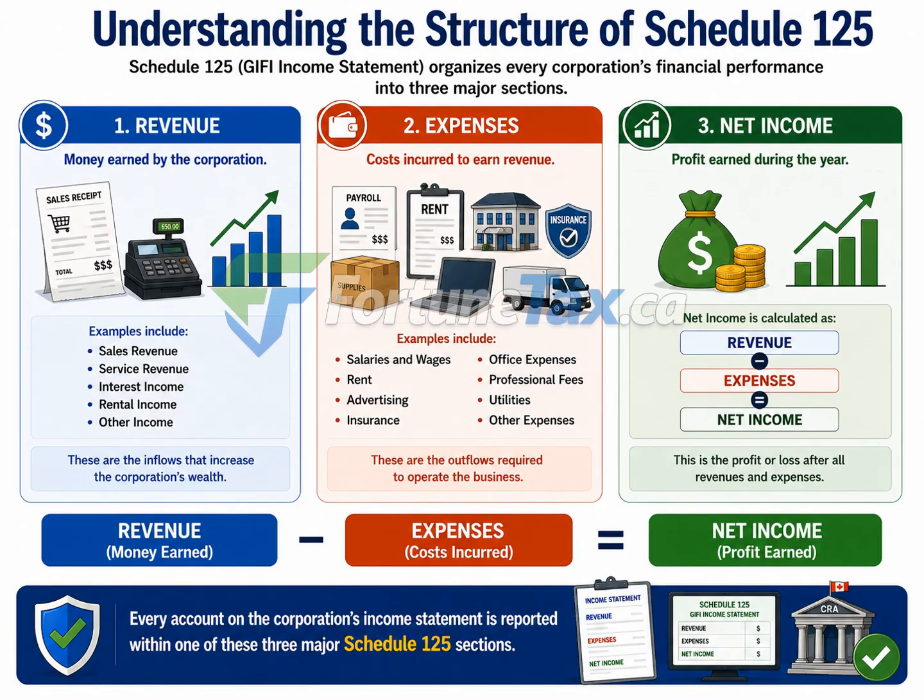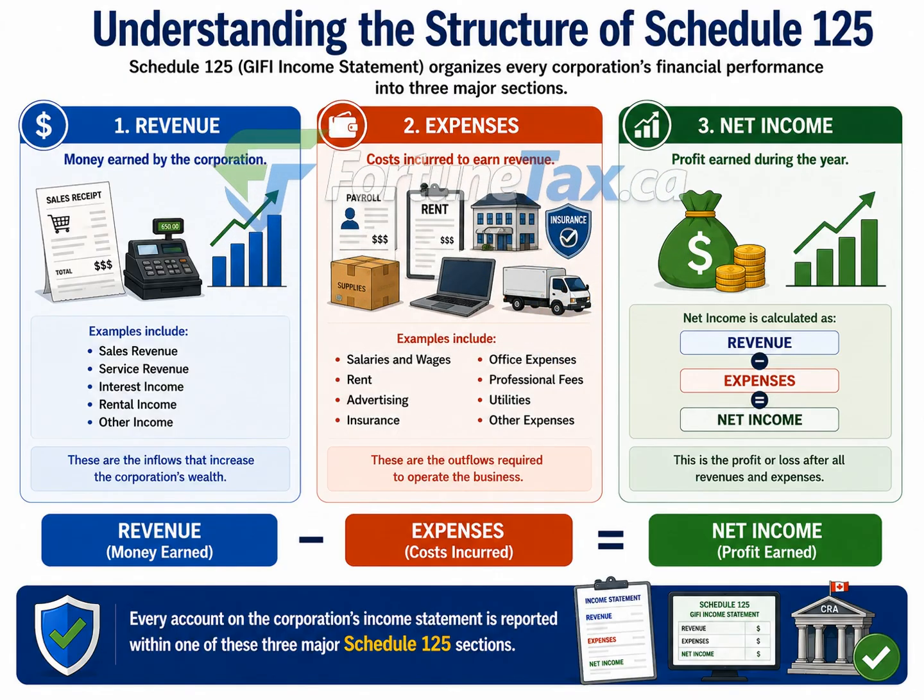Once all revenues and expenses have been recorded, the corporation calculates its net income. Net income is determined by subtracting total expenses from total revenue. If revenue exceeds expenses, the corporation reports a profit. If expenses exceed revenue, the corporation reports a net loss for the year. This relationship can be summarized by a simple formula: revenue minus expenses equals net income. This is one of the most fundamental concepts in financial accounting and forms the basis of